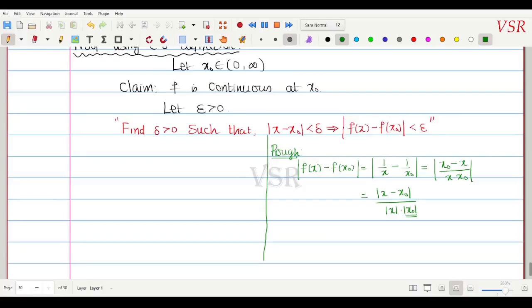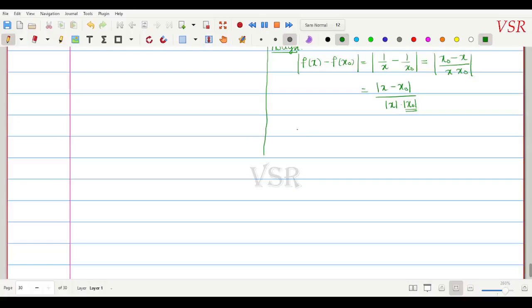Okay, now what I am doing is, suppose mod x minus x naught is less than, see, x naught is always positive, it is in the open interval 0 to infinity. Then I may write this fellow. Suppose I am assuming that this fellow is less than 1, or we can take it as mod x naught by 2. Okay, suppose mod x, this is a number, x0 is fixed, so this